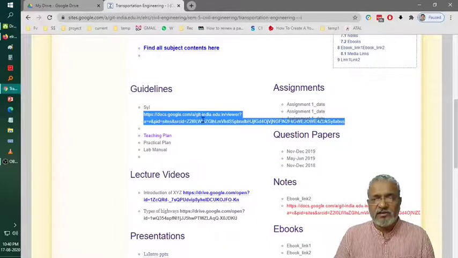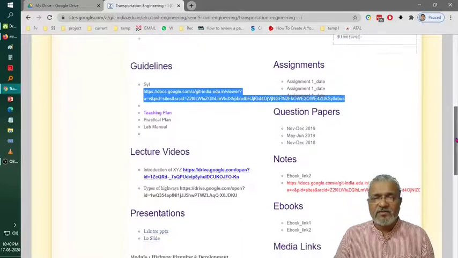So it looks like this to the student. He has to manually copy this link. If he understands what it is, then he has to paste it in a new tab Google address. Then he will be able to view that document. Same thing happens